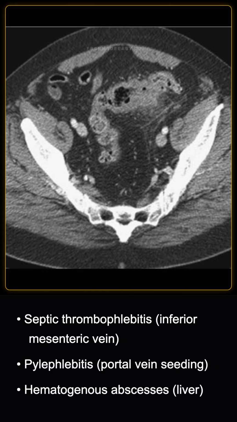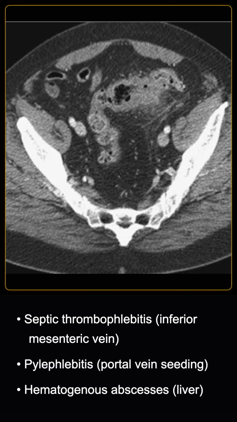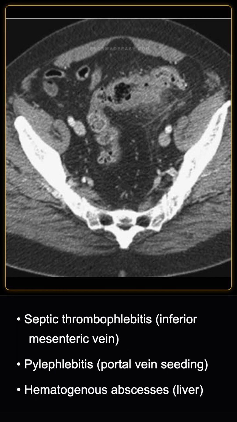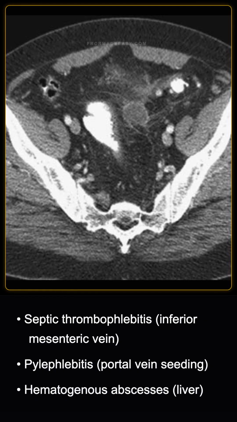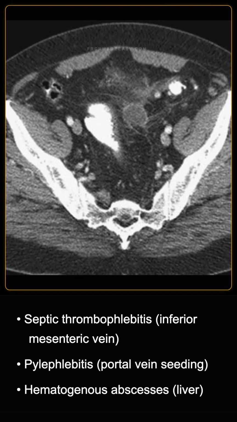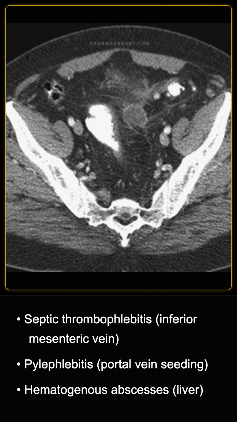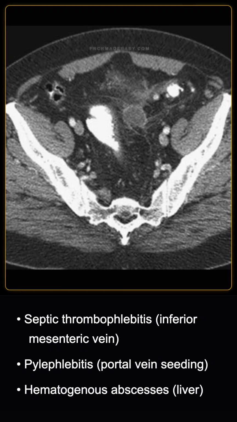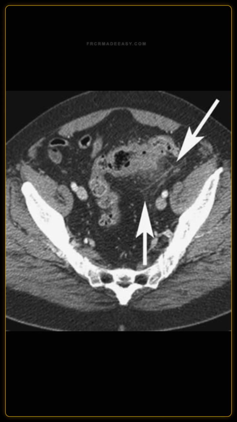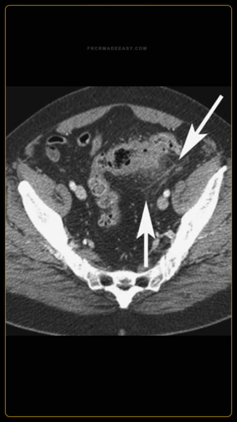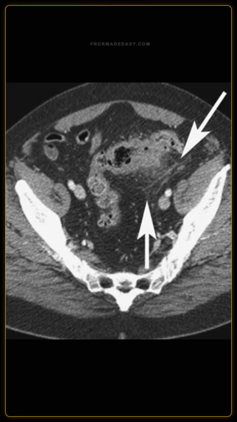Severe inflammation can lead to septic thrombophlebitis of the inferior mesenteric vein. This can propagate into the portal vein, a condition known as pylephlebitis, which can then rapidly seed the liver with hematogenous bacterial abscesses. If a patient presented with similar left lower quadrant pain, but the CT showed only a small,